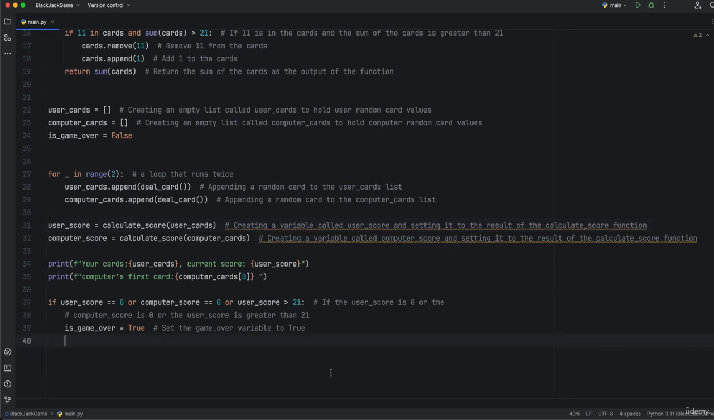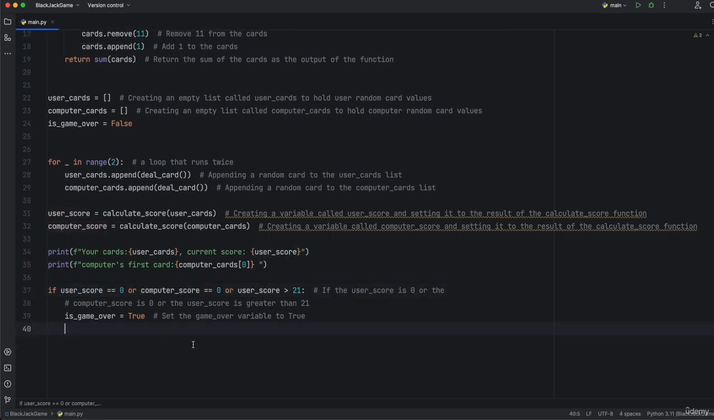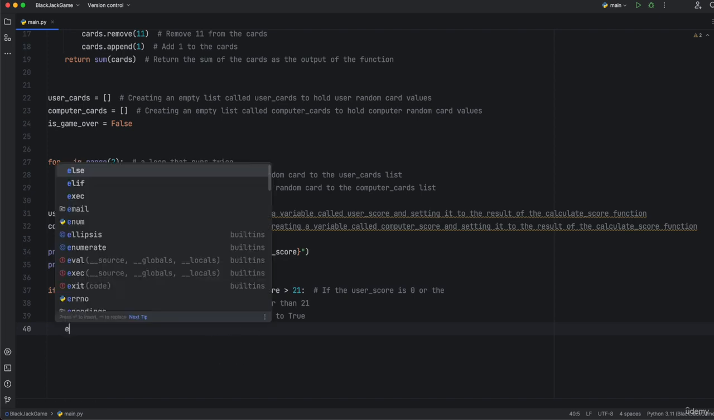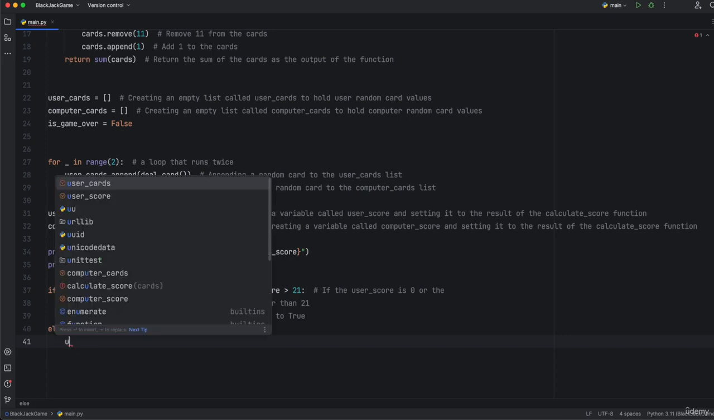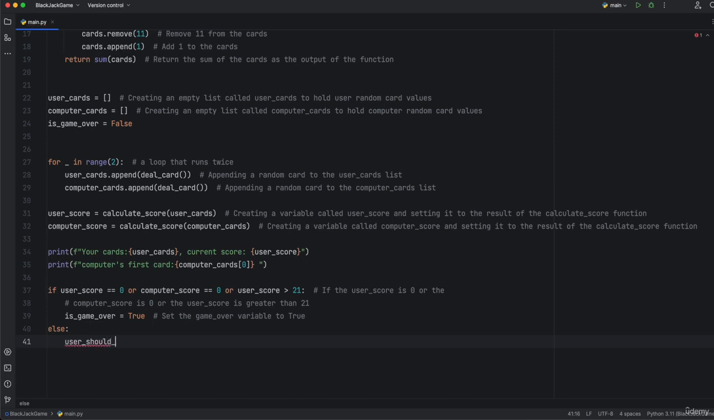So let's go ahead and develop this more so the user can actually play. So far we have this if user score equals 0 or computer score equals 0 and all that. What we're going to continue with is I'm going to say else, and we're going to ask the user. So I'm going to define a variable called user_should_deal, and I'm going to set this to, well, actually let's say input, and we're going to receive user input. That's what we want to do, right? So I'm going to say type